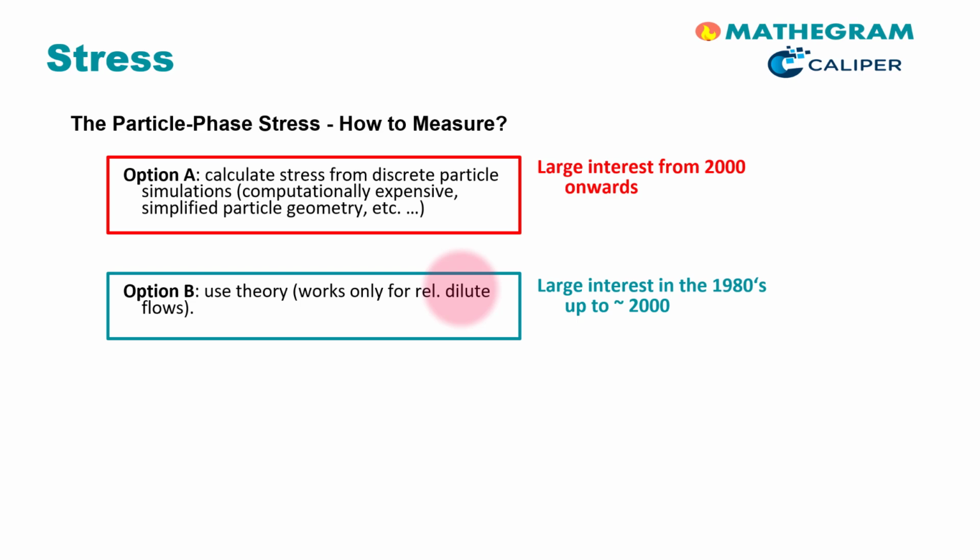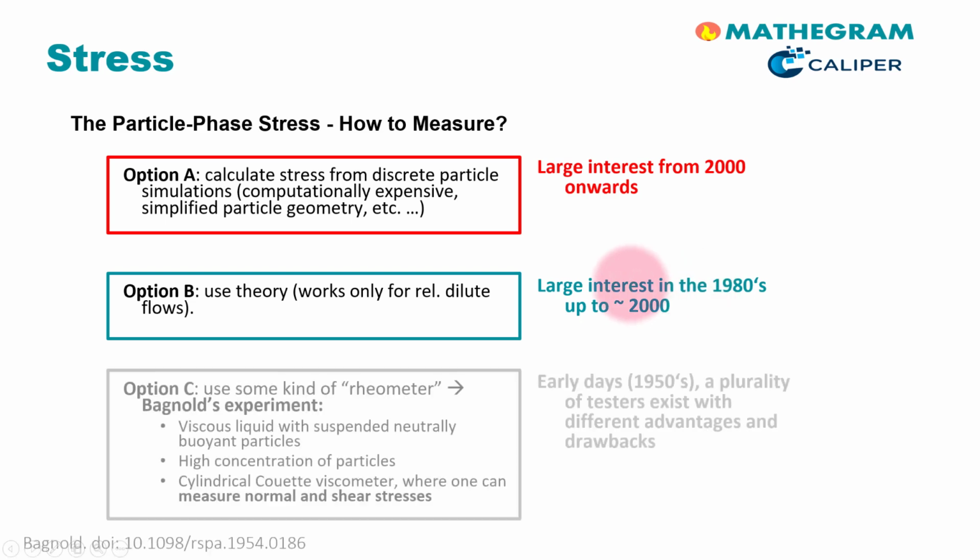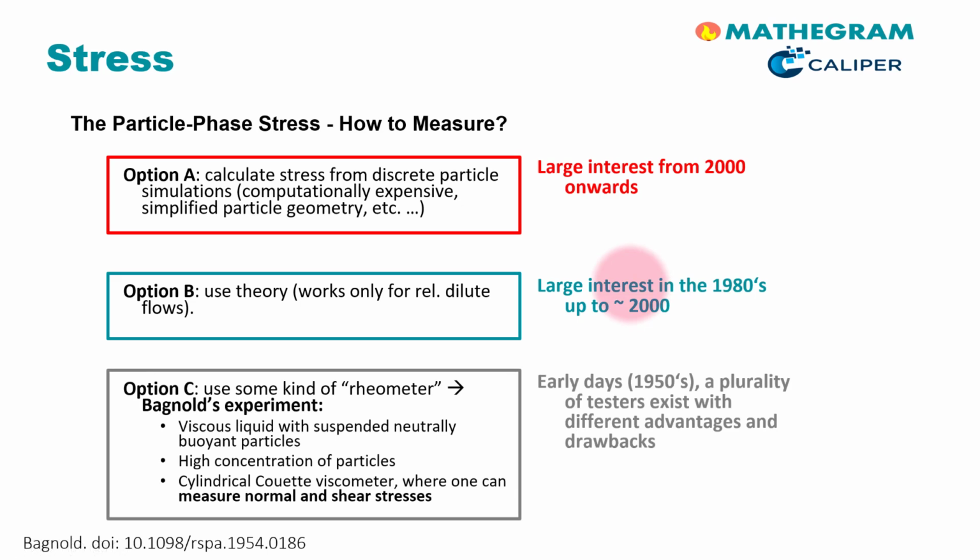Despite the fact that there are still theoretical developments, research on equations for the particle phase stress has leveled off significantly in the last 2 decades. Third, and this option is quite obvious,